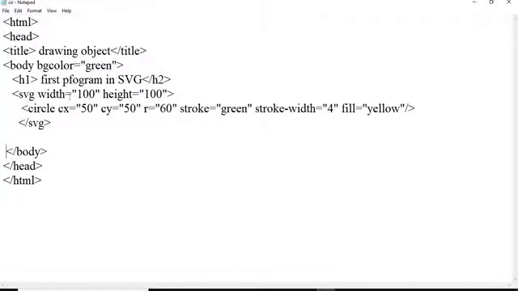For the SVG I have given the width as 100, height 100, then circle 50, x direction, y direction, radius we have taken, stroke is right, stroke width is also right. So it is not going to display the proper fill, proper stroke.